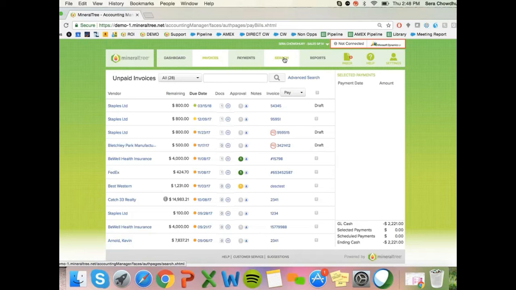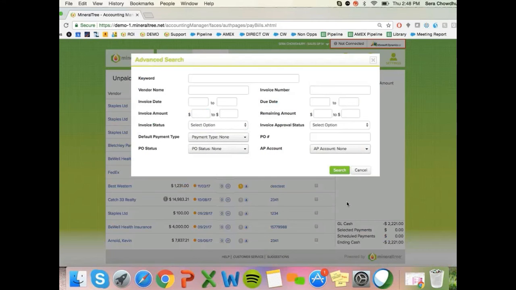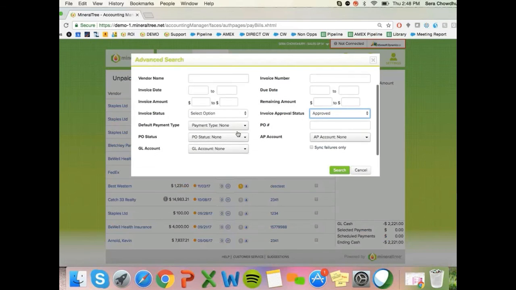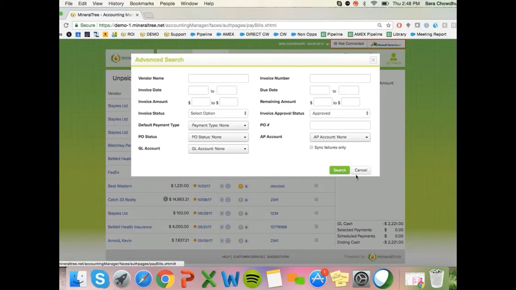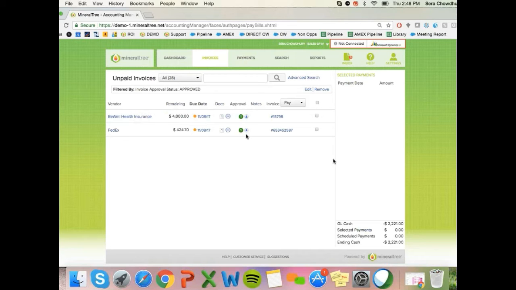So I guess the next step after you match your POs and you make sure all your bills are properly approved and posted into GP would be to get ready to pay them. So if I'm an accounting manager and I'm ready to pay some bills, what I'm probably going to do is use our advanced search and filter based on approved bills, or maybe even do the next 30 days, or if I want to do it by more than that, like received POs or default payment type equals credit card, if I want to do that. It doesn't matter. Just filter accordingly, and then I'll hit search, and it'll show me all the bills